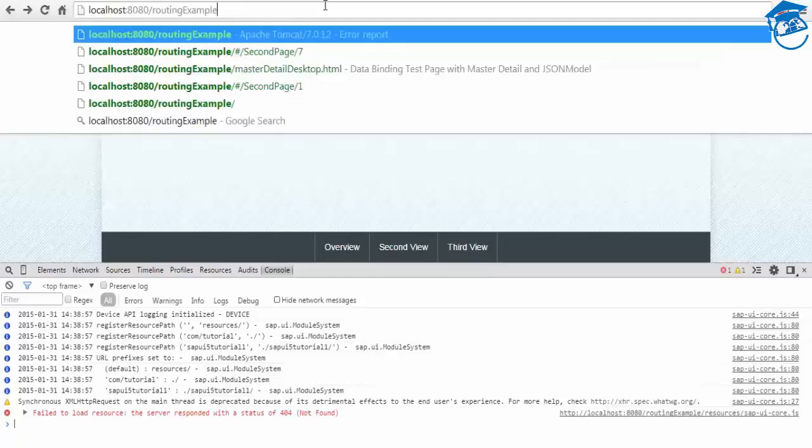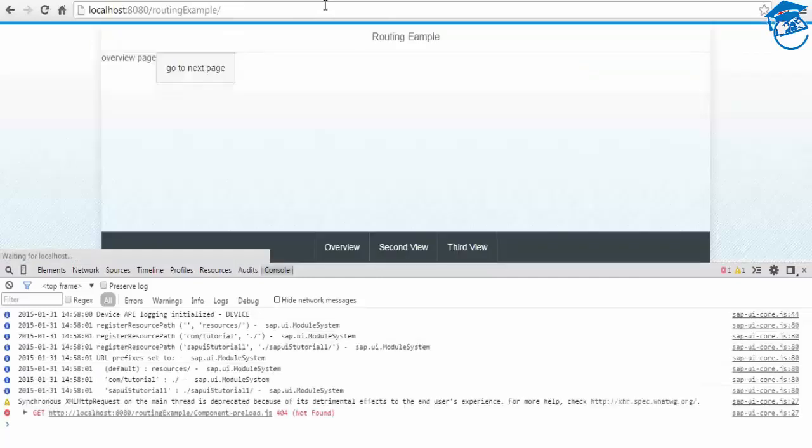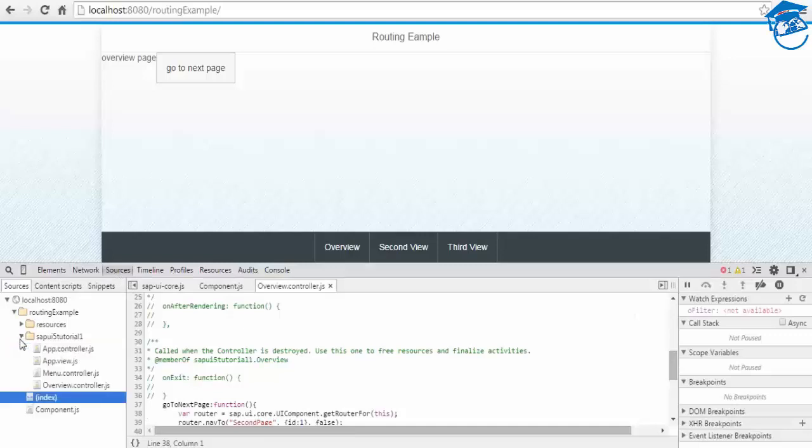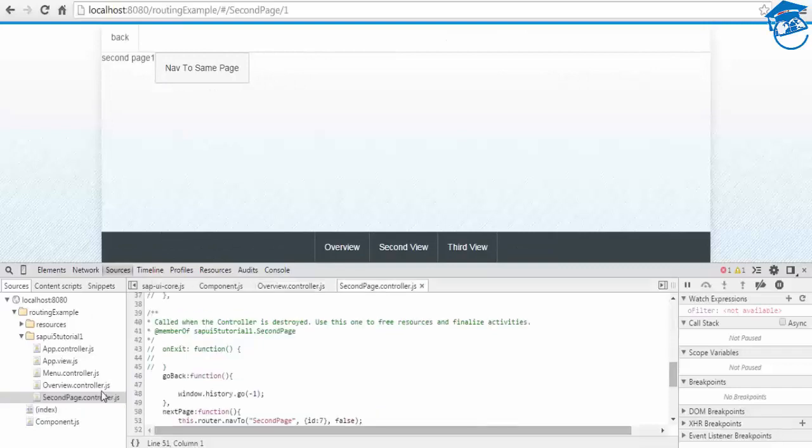What I do is I'll refresh this page, and once this page is called, that time. So once we open sources, inside the sources we have app view controller, overview controller, etc. Now we'll see a second page. When we go to the next page, that time all the controllers will be loaded, and then so we'll have